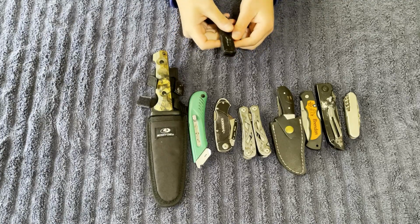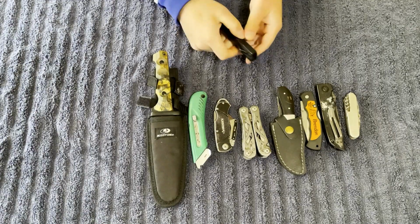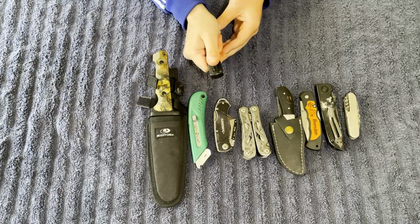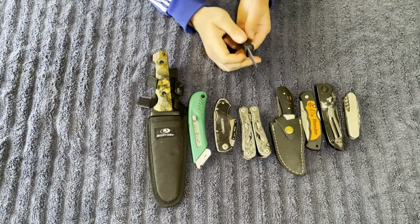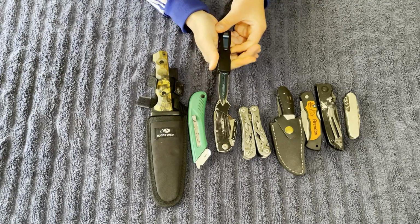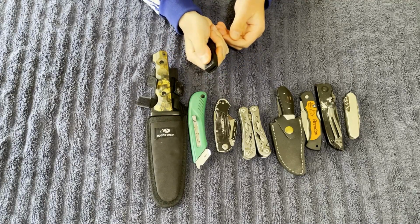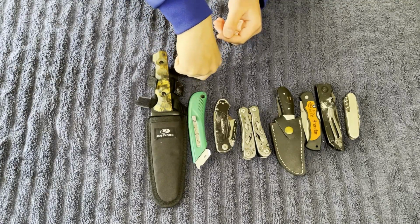This is, I guess you could call it, a switchblade. Or a stiletto, or something like that. As you can see, it's completely spring-loaded, spring-driven. This little switch on the back operates the knife, and it does have a safety on it, so if I were to press this against something directly,